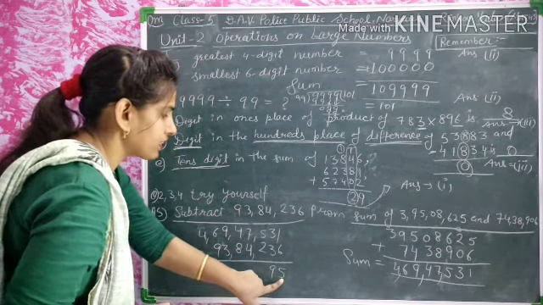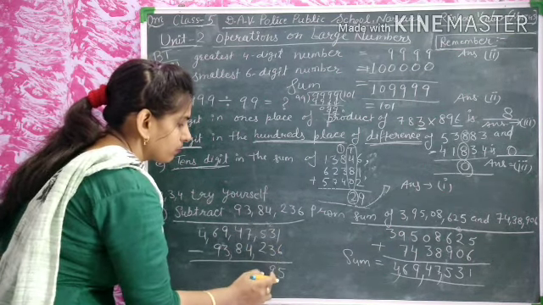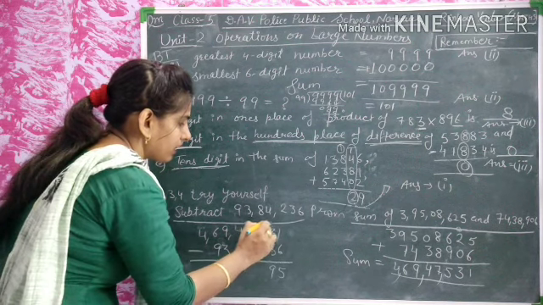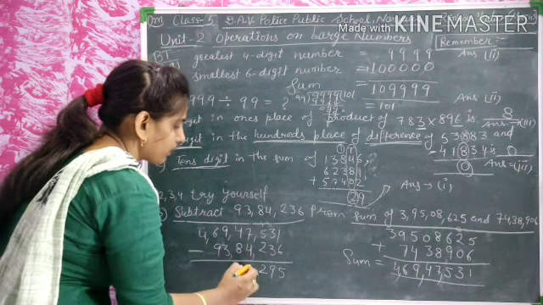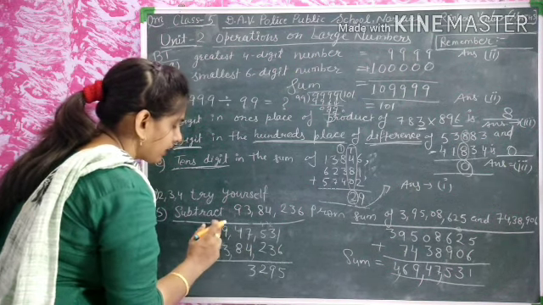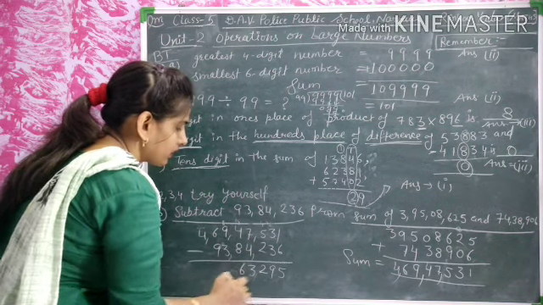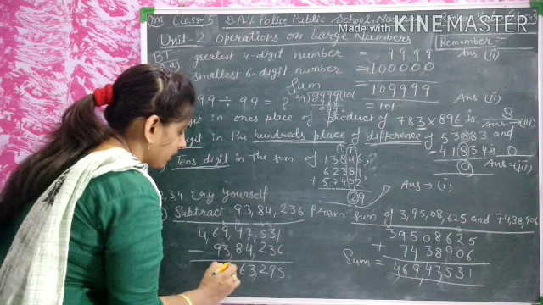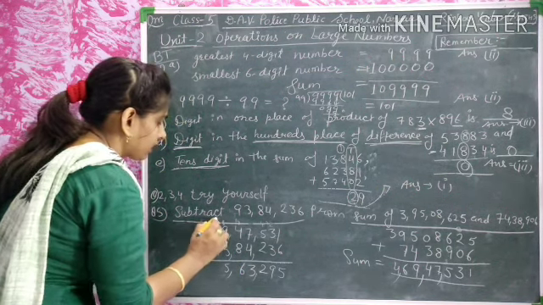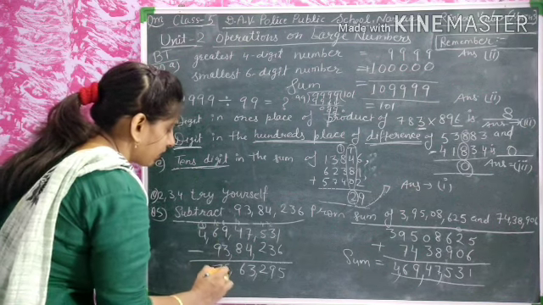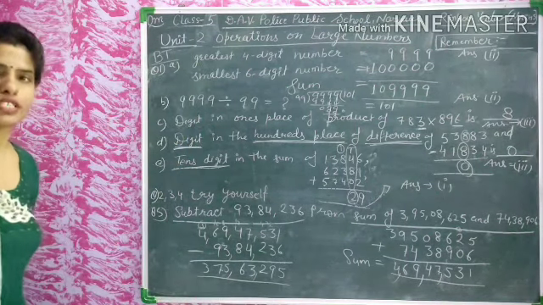11 minus 6 equals 5. They are carrying one digit, so there is 12. 12 minus 3 equals 9. Again there is carrying here, 4 minus 2, 2. Now the next number is 7 minus 4, 3, and there is carrying here, from this it is 8 and this is 14. 14 minus 8 equals 6, and 8 minus 3 equals 5, and 6 minus 9, and there is carrying here, 3, and this is 16. 16 minus 7, 9 equals 7, and this equals 3. This is the subtraction here.